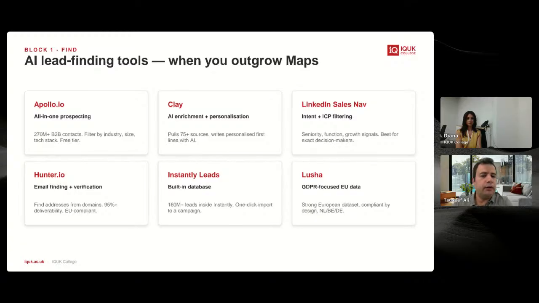Most of you know LinkedIn. They have Sales Navigator. When you go there, you can use different filters. You can select seniority, functions, signals. All of them are different filters in there. You can deselect them, and accordingly it will show you the relevant leads for you. Just keep in mind all of these are paid tools, so even for LinkedIn Sales Navigator, you need to have a sales account there to use this feature.